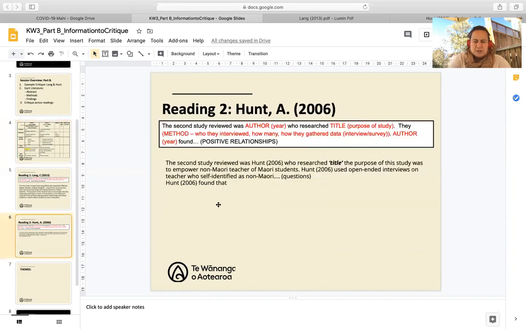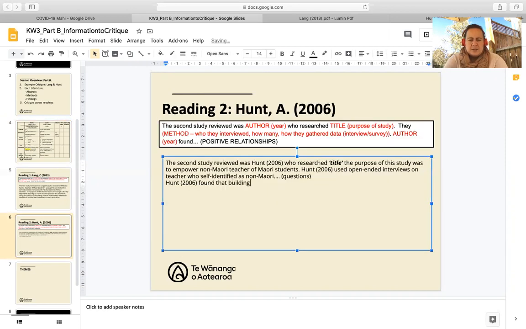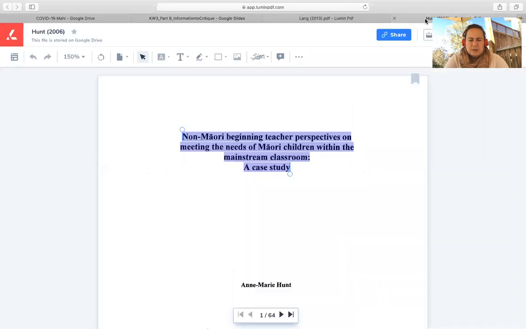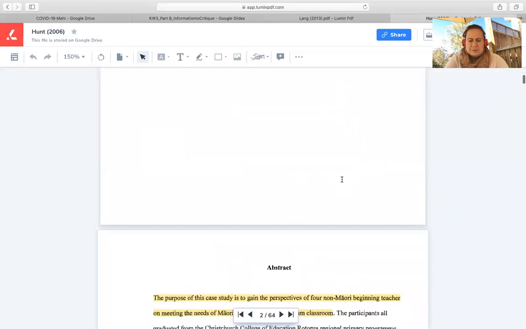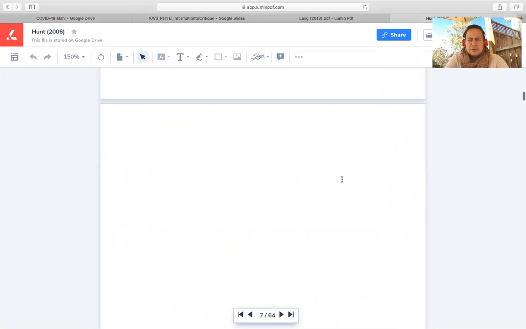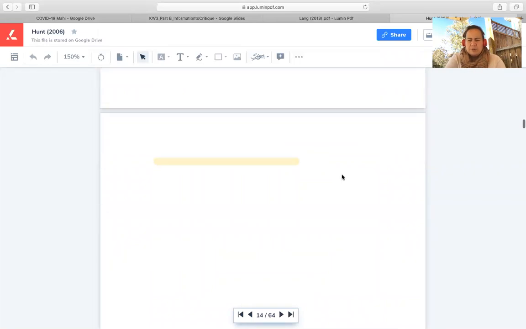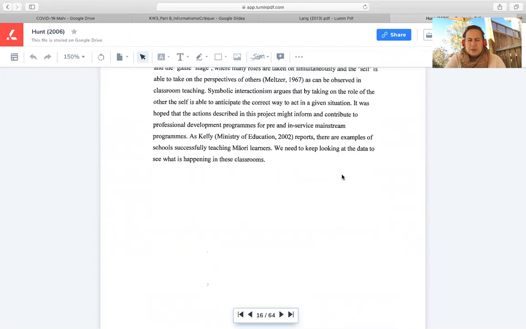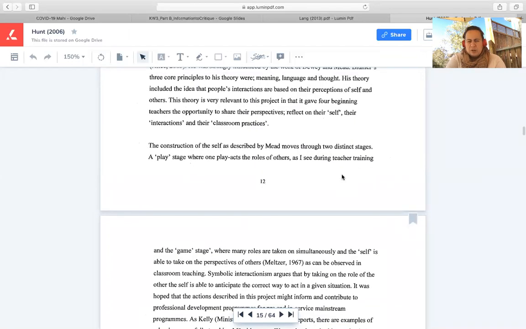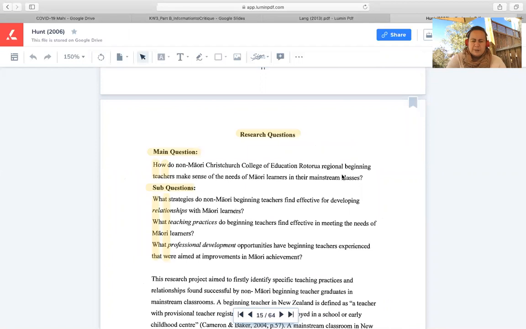Building relationships with Māori students, and I can go back to the reading again. So it is a little bit of going to and from between different parts: you're writing, you're reading, you're writing, you're going back. See, even here, you've got some of the questions that they used. These are questions you could also put in your own interviews that you want to do later,